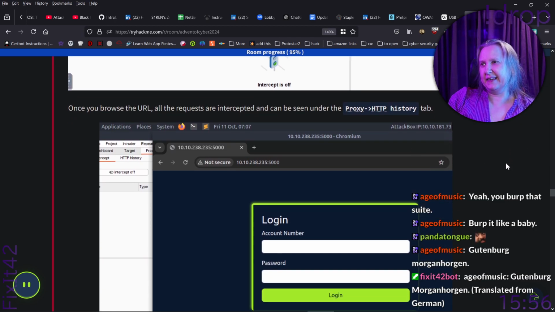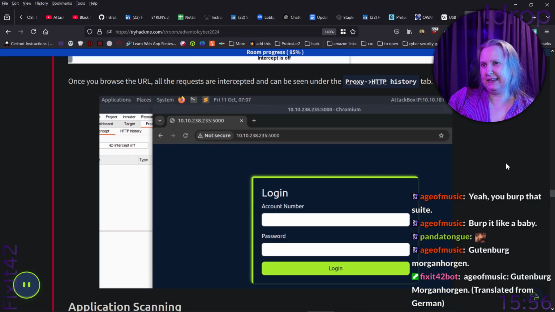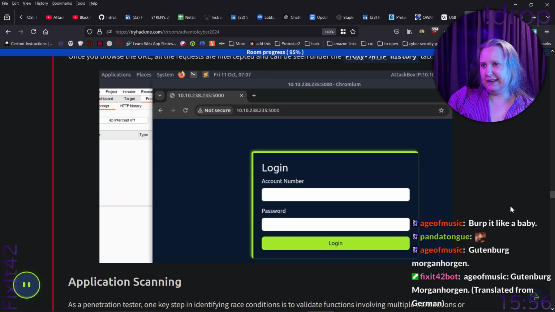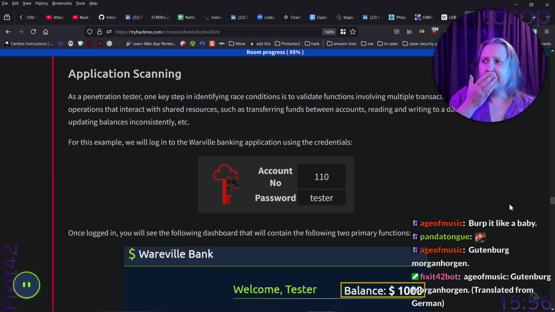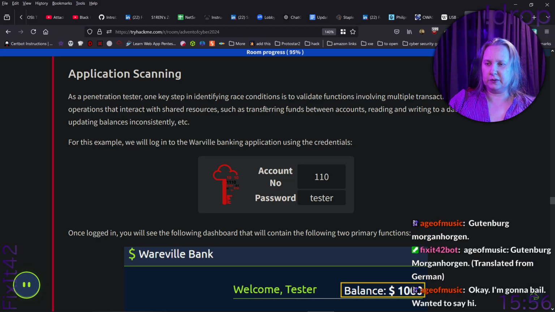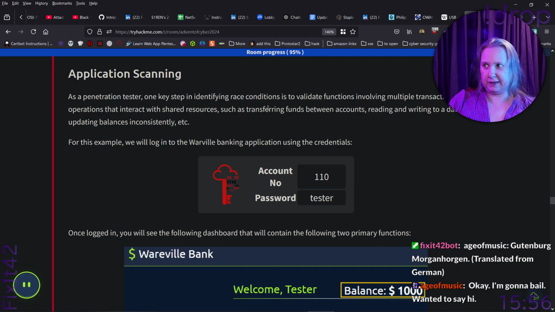Once you browse the URL, all the requests are intercepted, and you can see them in the HTTP history tab. As a penetration tester, one key step in identifying race conditions is to validate functions involving multiple transactions or operations that interact with shared resources, such as transferring funds between accounts, reading and writing to a database,